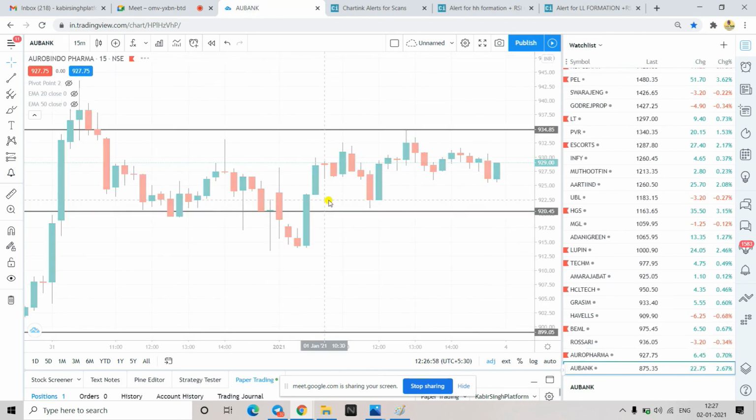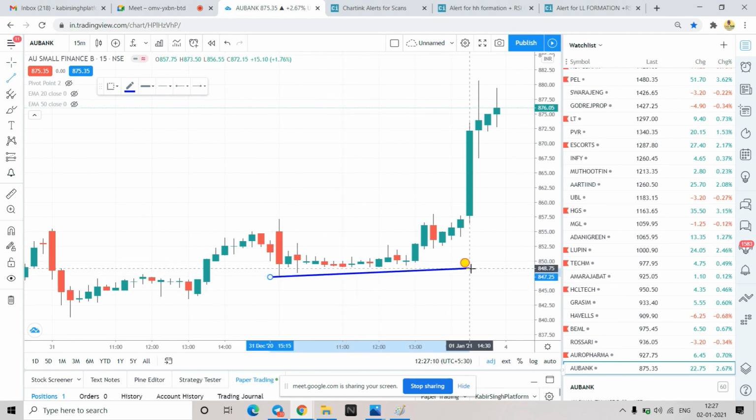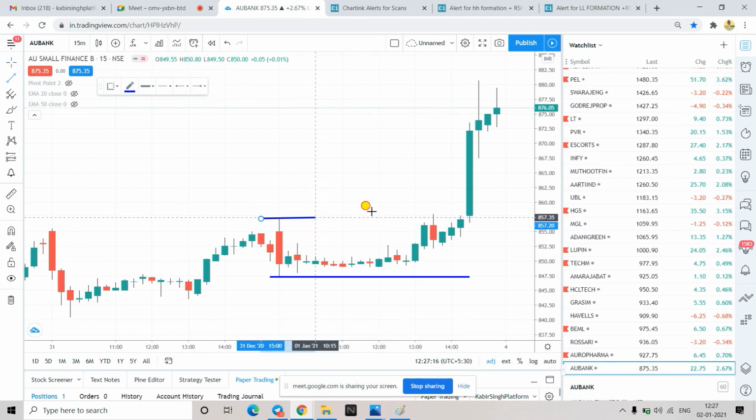So if our capital is 50,000, we can place an order of 2 lakhs also, or more than that. Okay. But you have to square it off around 3:20. Otherwise, it automatically squares off.